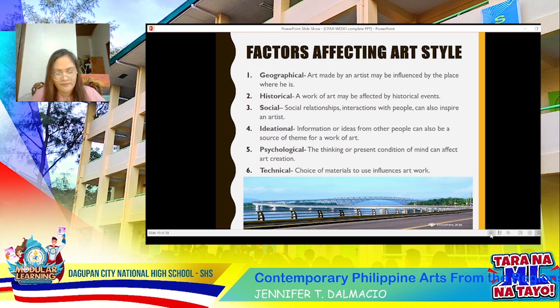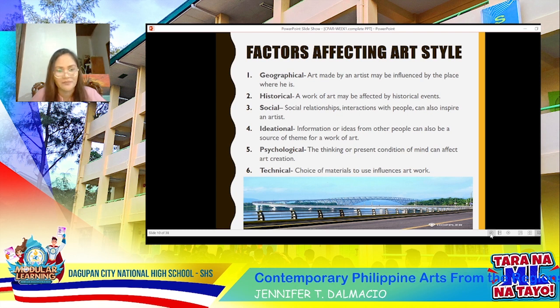Also, we have the Oblation by Guillermo Tolentino, which is found in every University of the Philippines campus. And from there, we see the selflessness, or the selfless offering of oneself to the country.